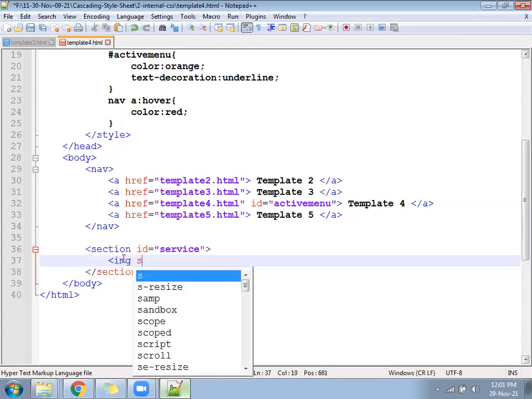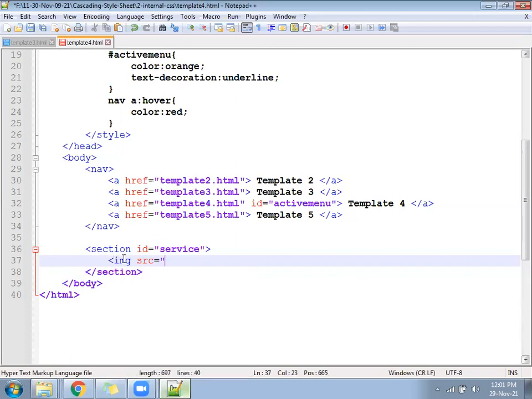img src 1.jpg and class equal to my service.